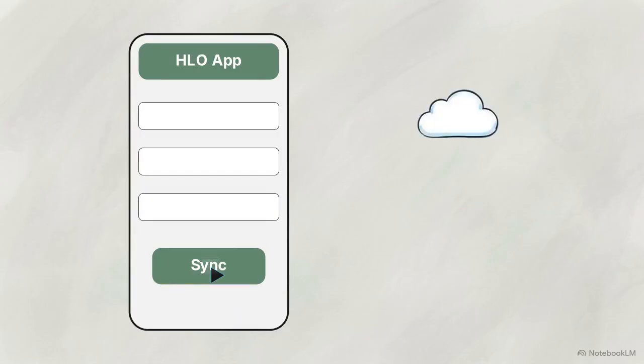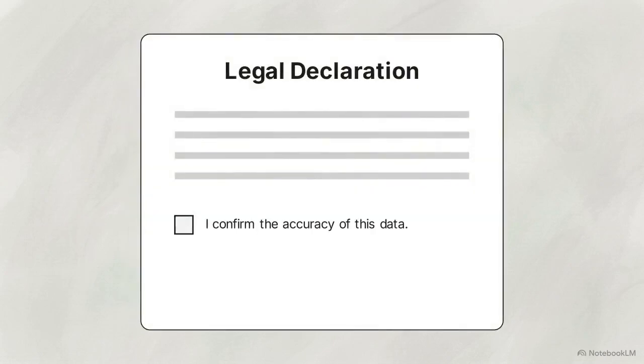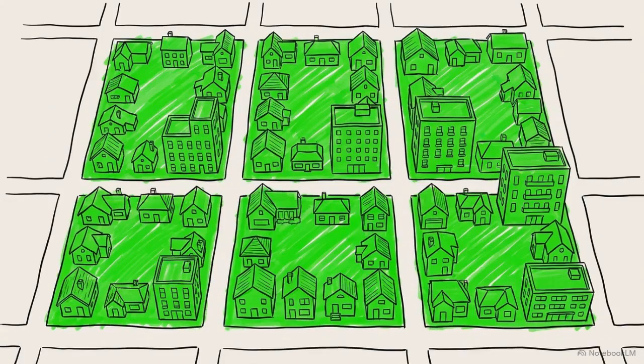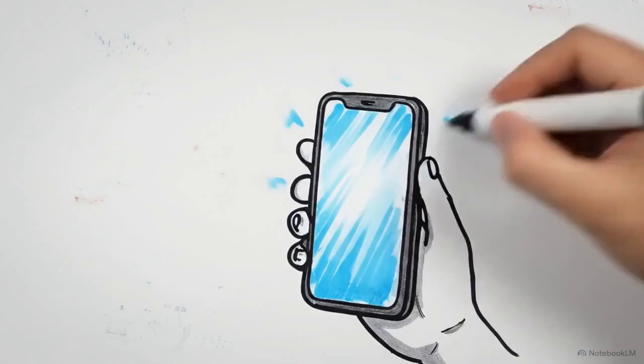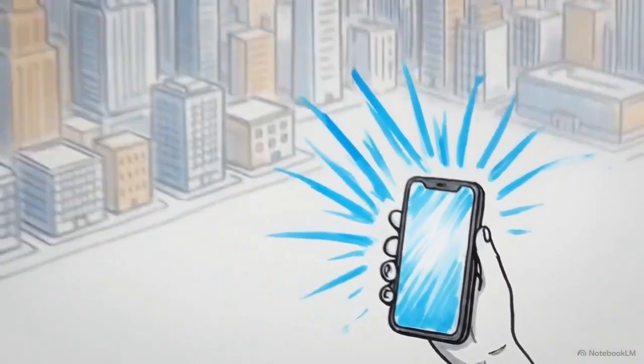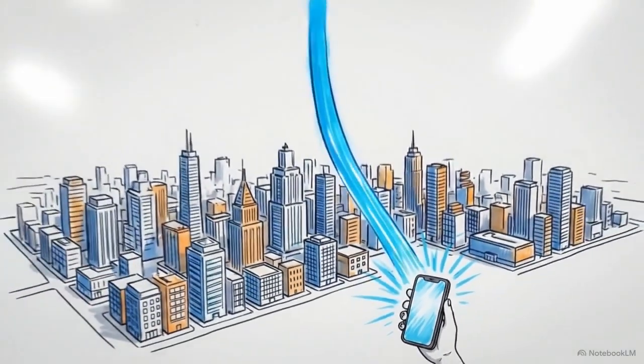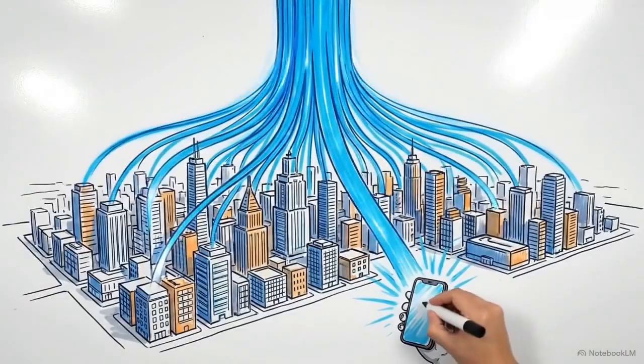Navigate back to the home screen and tap the Sync function to actively push your completed records to the server. To authorize this transfer, read the legal declaration on the screen, check the confirmation box, and apply a digital signature directly on your device. When every single physical structure in your assigned block is fully enumerated, tap Mark as Complete. You will be required to sign a second time to finalize the block. This final synchronization validates your fieldwork. It instantly updates the National Demographic Database, successfully completing your official duty for the census.